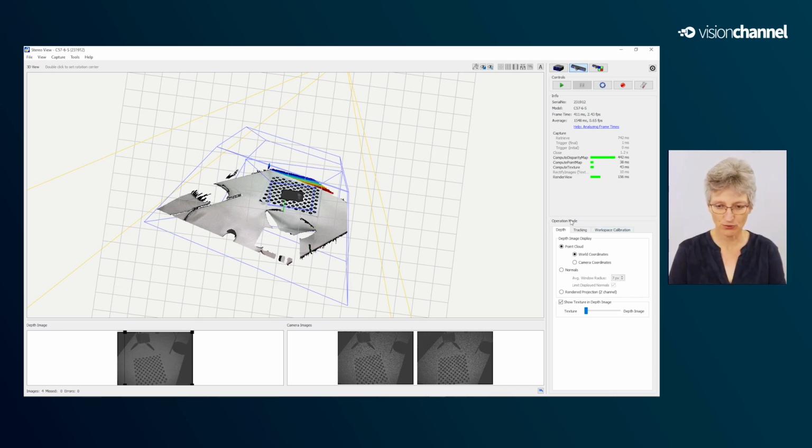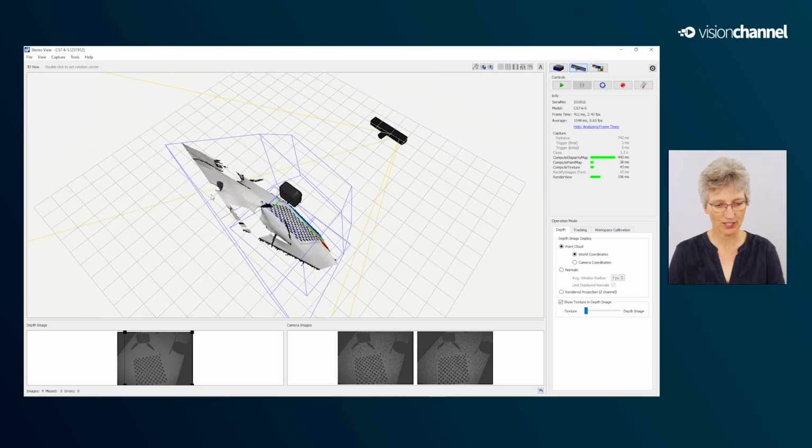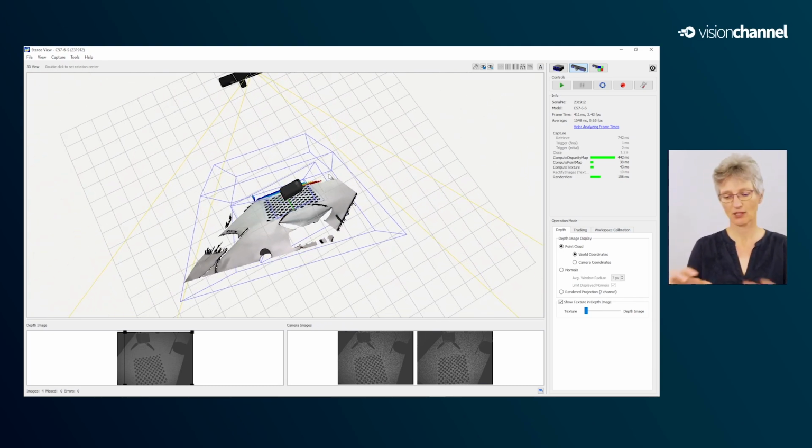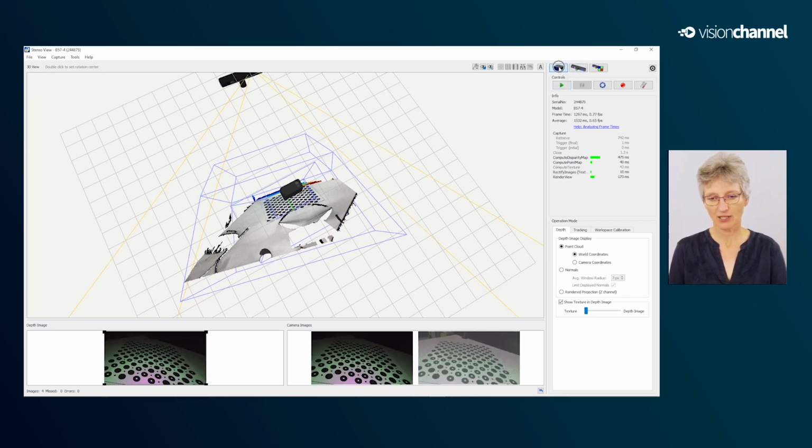So I go to workspace calibration and want to set the coordinate system for the combined point cloud in the middle of that calibration target. So I just select here the camera I want to use for storing the workspace calibration.